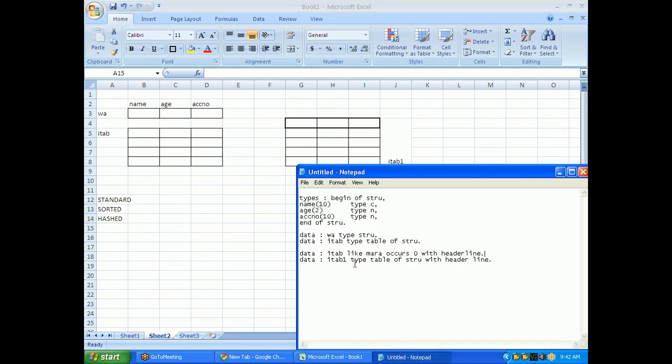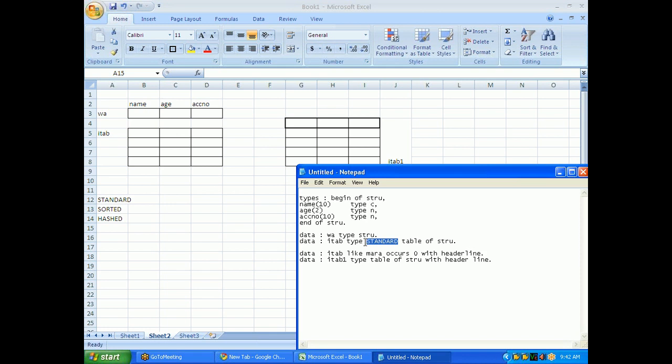For example, if I declare like this, data itab type table of stru, then the internal table that is going to be created is a standard internal table. Otherwise, you can also declare like this, data itab type standard table of stru. You can also add this standard keyword.